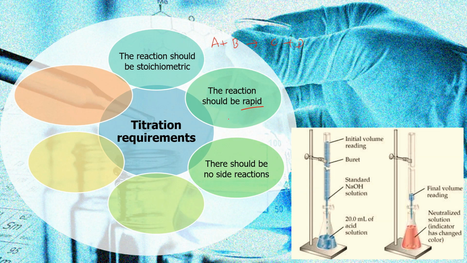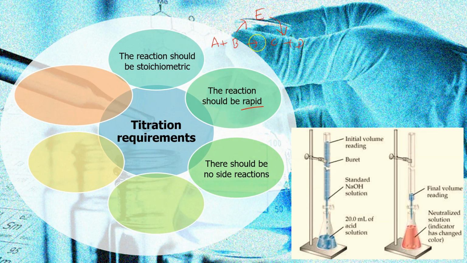There should be no side reactions. This is the third titration requirement. It means that A and B should directly produce C and D. Certain reactions can produce an intermediate. For example, when A reacts with B, it can produce E first, then E will convert into the final products